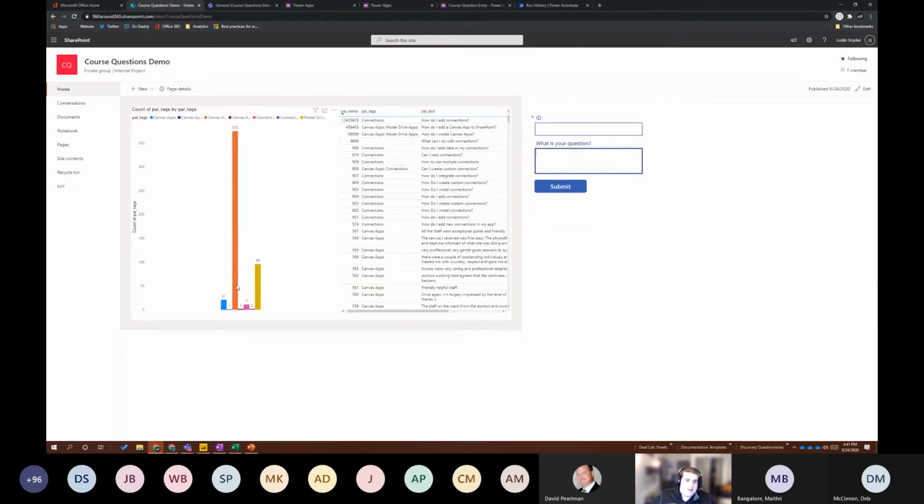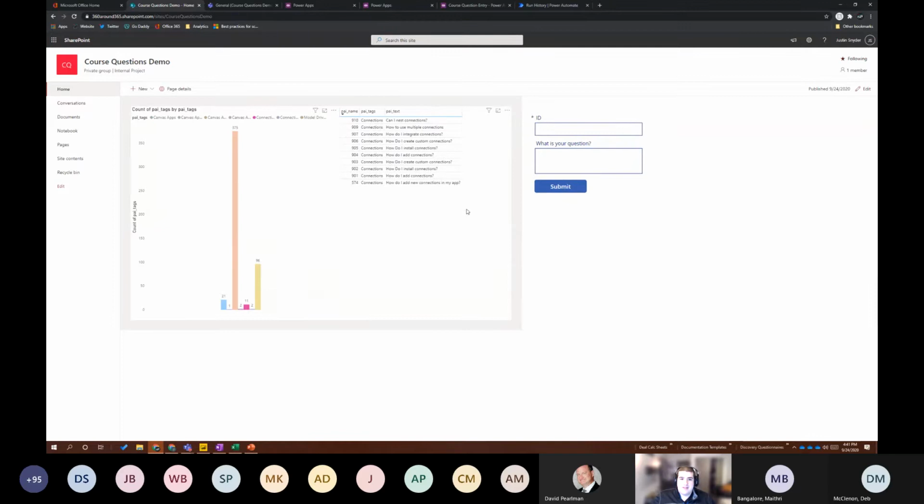Just to show this in function right now, we can see here we have 11 questions on connections. I can click on that, and what's nice about that is that I also have a data table here that shows those questions, so I can see these are all the questions I received regarding connections. I can switch it to model-driven apps or Canvas apps or those different things, and I can see that information. Honestly, the Power BI piece you could really do a lot with, but as a general example, this